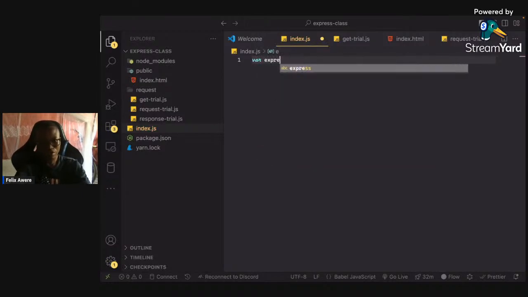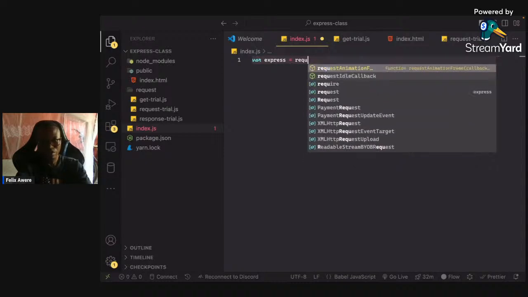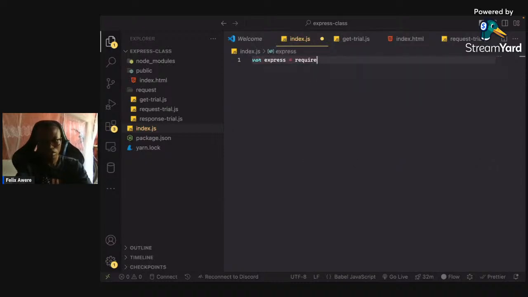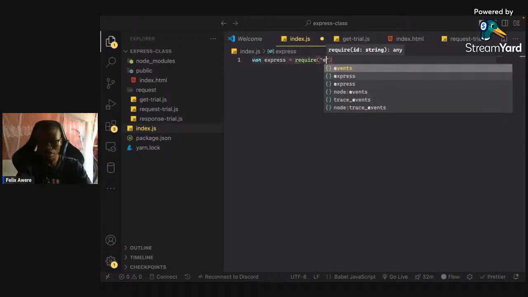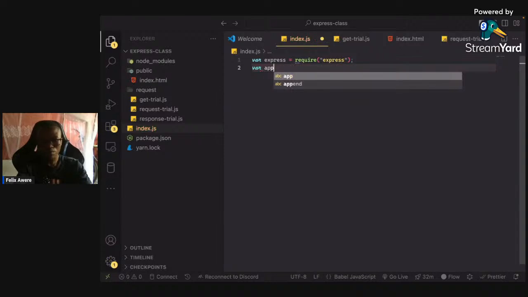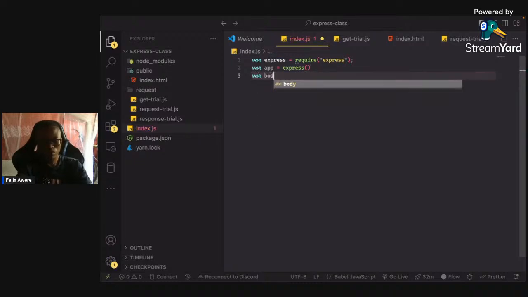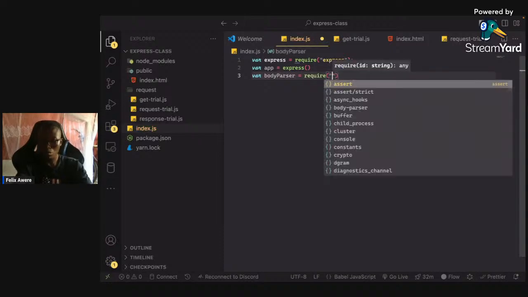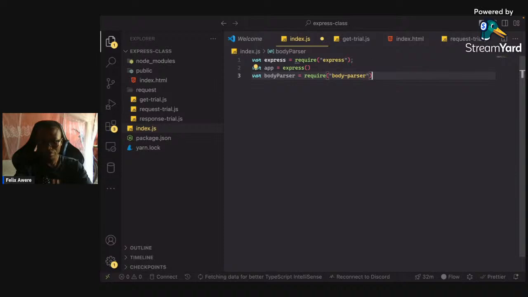So I'll do var express is equal to require express, and then I'll do var app to call the express function, something like that, and then I'll do var body parser is equal to require body parser, great, and then